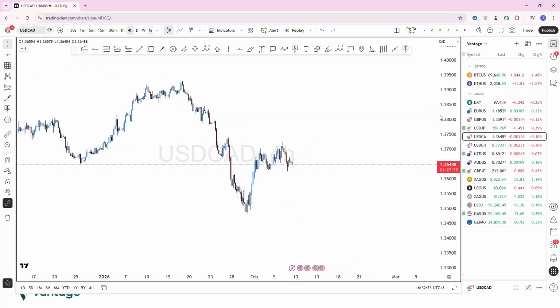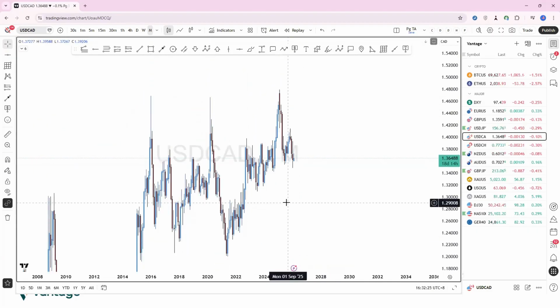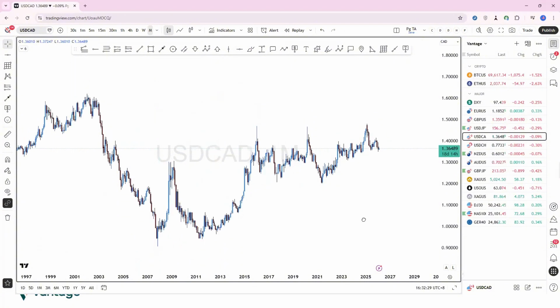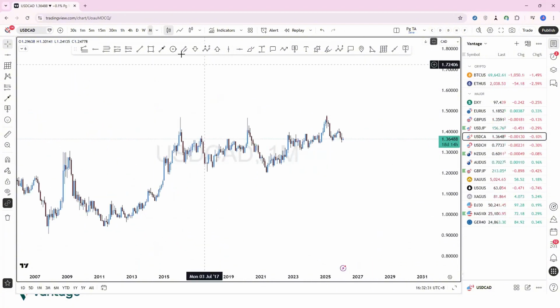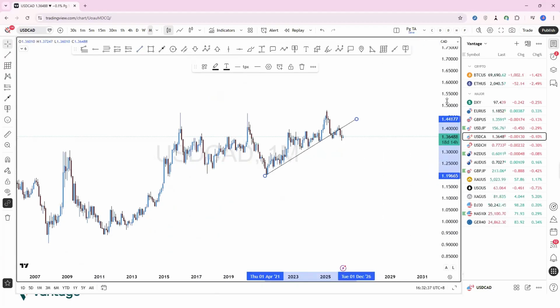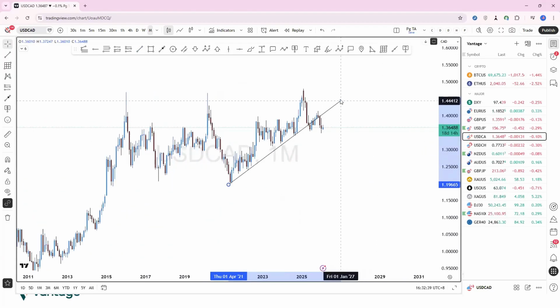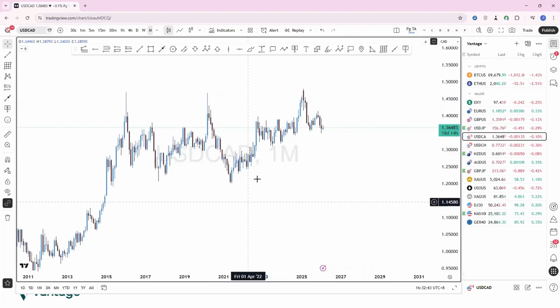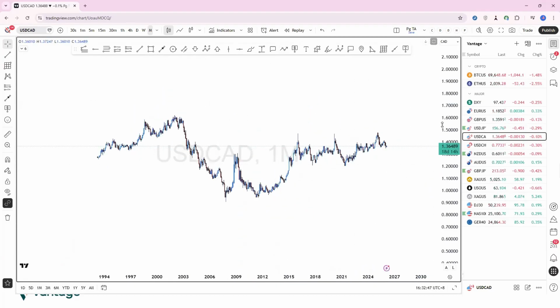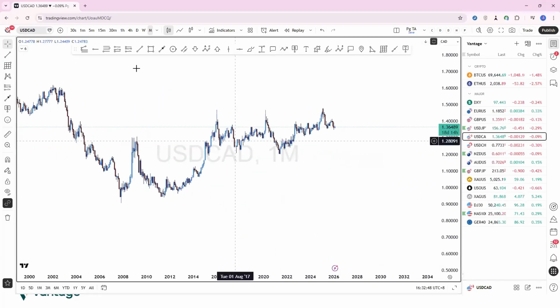I don't have a fixed strategy. I look at the structure, and then I depend on how I read the market. If you follow me, I don't really trade with trend lines. I might see a trend line, but overall I just want to see what the market is doing structurally. For the UCAT,